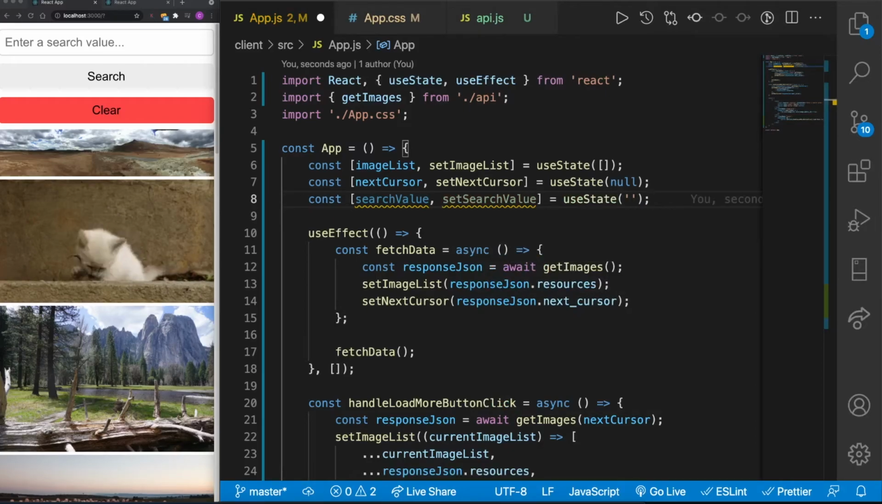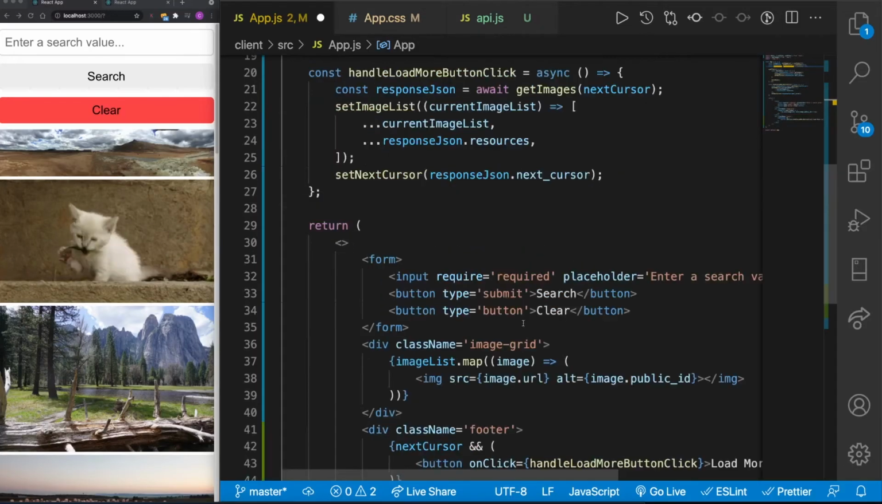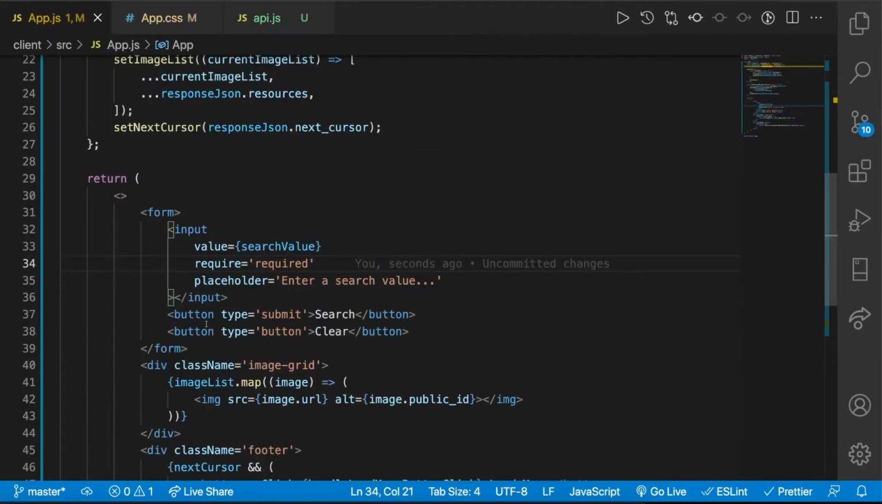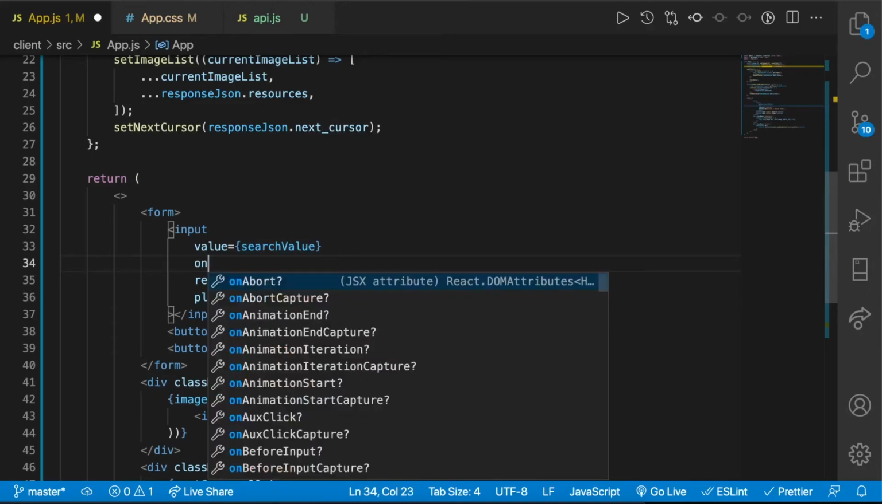Now we just need to set the value of our input to whatever the search value is. So down in our input, we will say value is equal to search value. We always want to update the search value when the user types. We can do this with an onChange event. In our input, we can say onChange